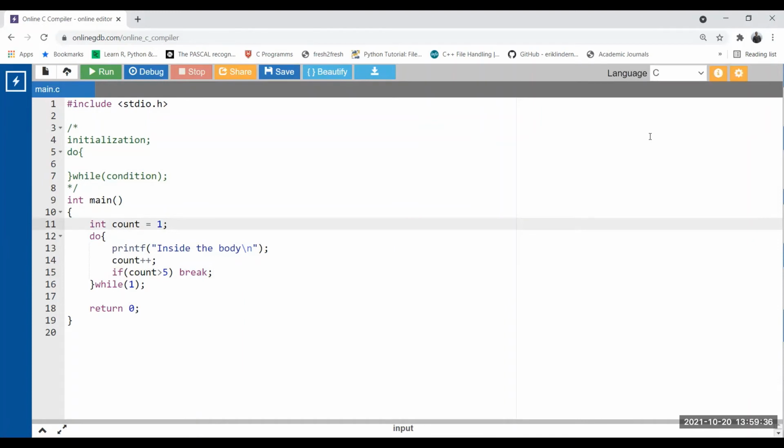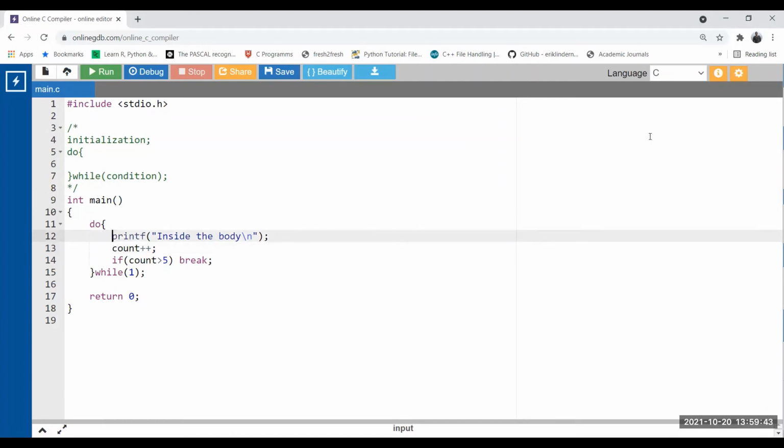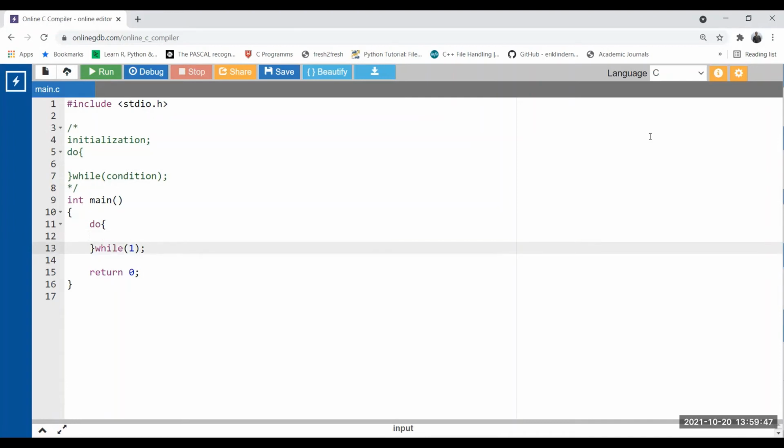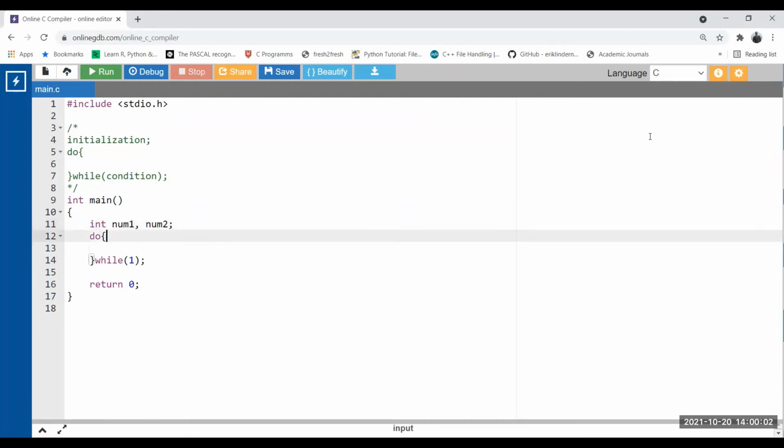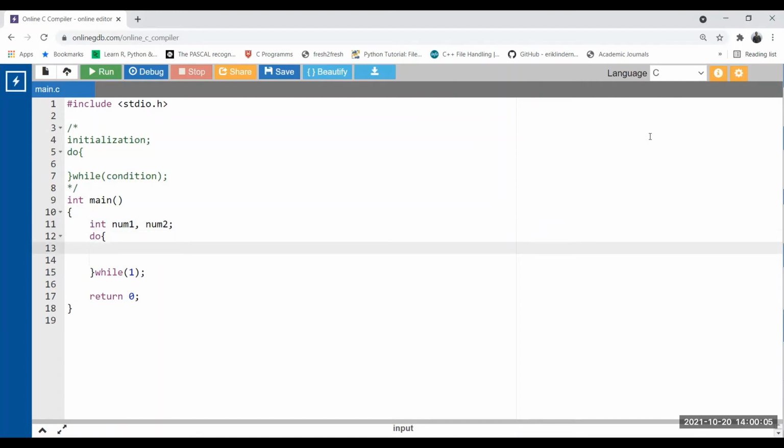Okay, so let's write a very simple code. We don't require any count here. No count will be used because I do not know how many times the user will perform the ATM operation. What I'm going to do is declare two variables first, and then we'll perform the addition of the two numbers till the user says yes, I want to continue. Okay. Now let's declare the variables. At line number 11, I have declared two variables over here.